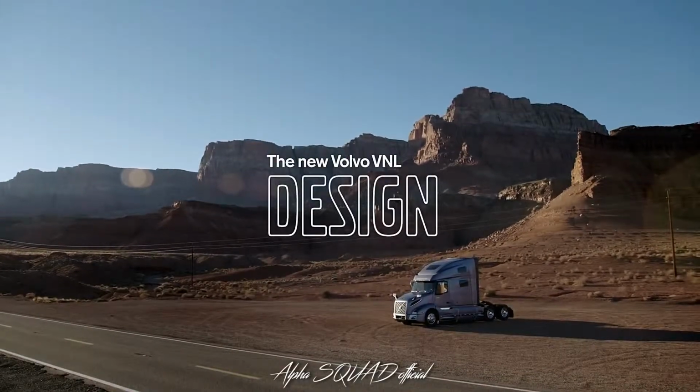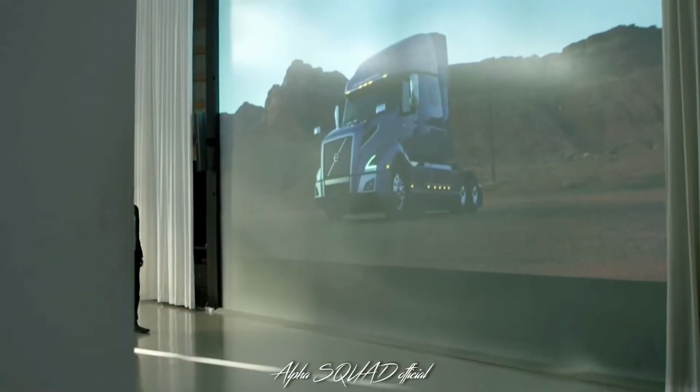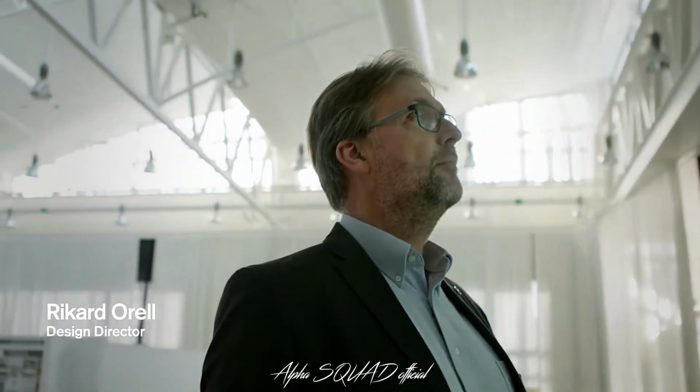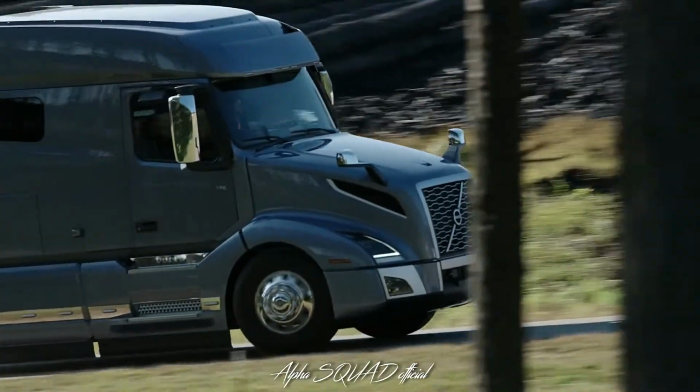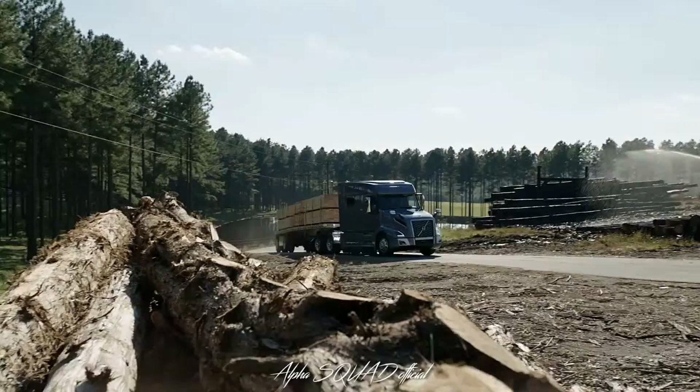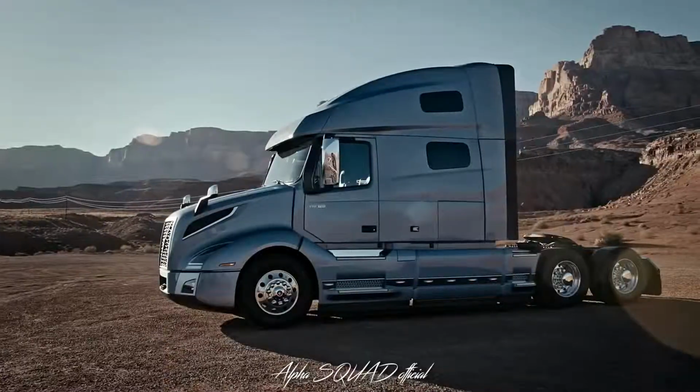I think this truck stands out by breaking with the norms a little bit with what is expected of trucks, by actually looking at efficiency and productivity, but doing it in a very, very cool way. We got the inspiration for the new Volvo VNL from motorsport